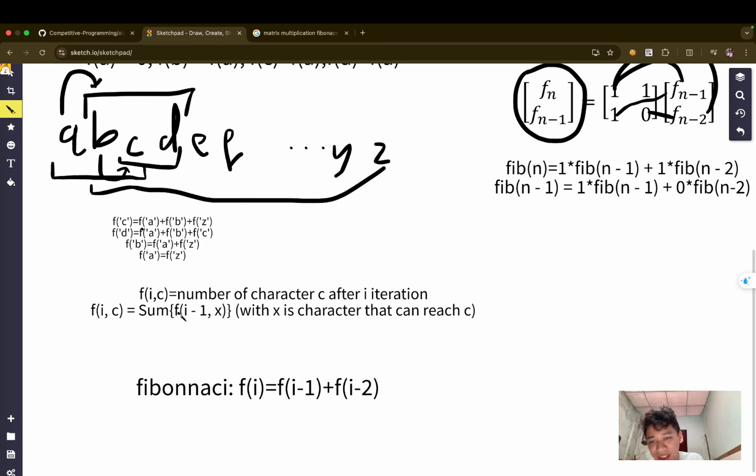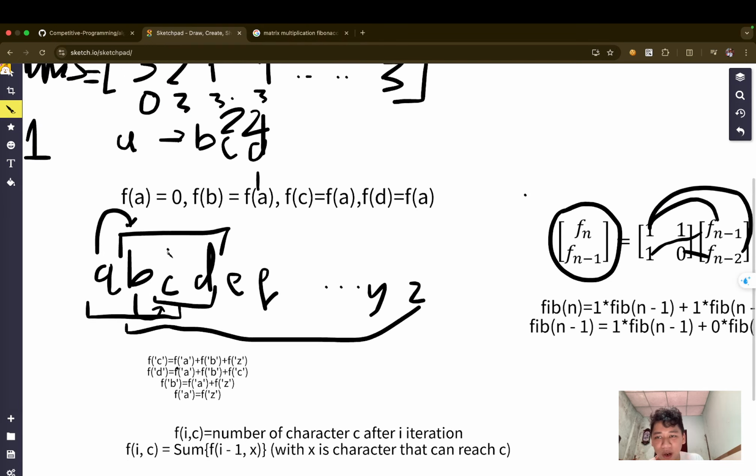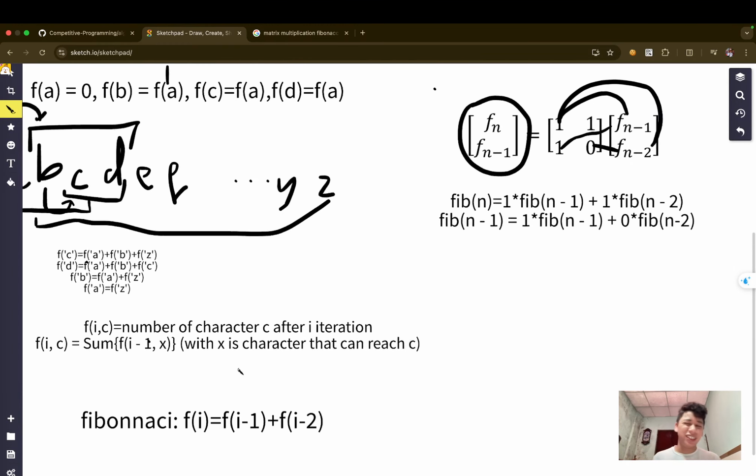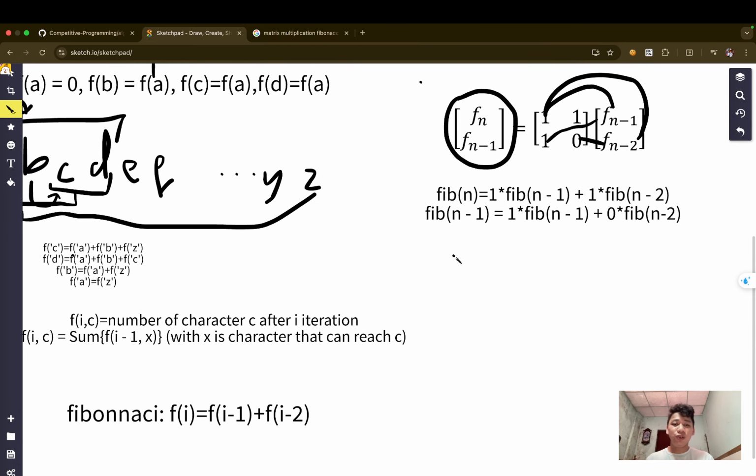Our problem is which state can reach C, which characters from the nums array can reach C. It's totally the same, but with another statement and another magic. So you can form a magic like this: